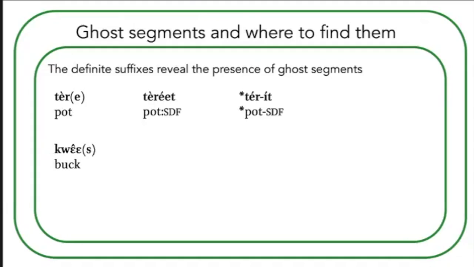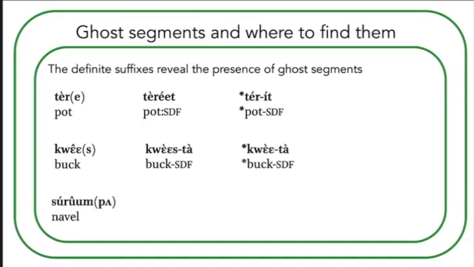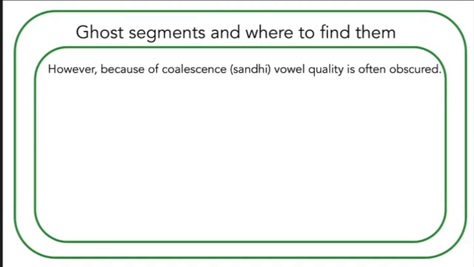It also works for consonant ghost segments, like we saw before. Que becomes questa. It's ungrammatical to say queta. Has to be an S. And the same for the CV syllables that we've seen. It's ungrammatical to say surumta. Has to be surumpet. However, how can we tell which vowel quality